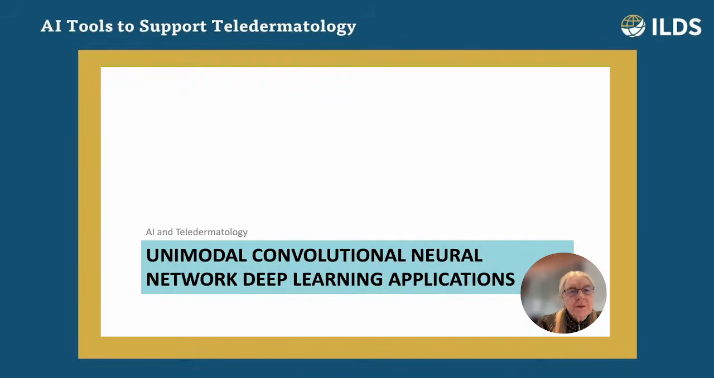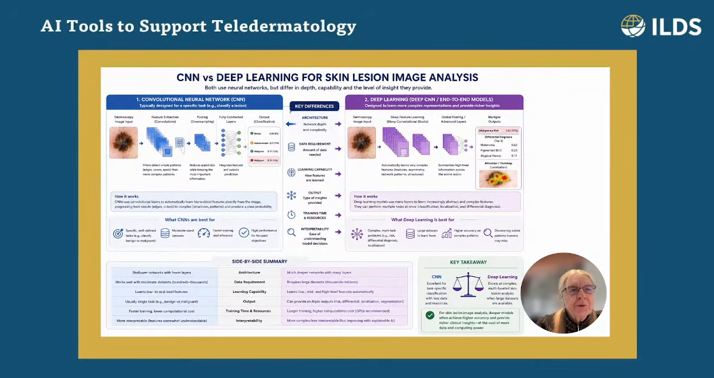Unimodal, convolutional neural networks, and deep learning applications have become established in the last few years. So let's describe what those are. A convolutional neural network, or CNN, is a system producing a binary outcome such as, is this malignant or not? It requires data, but not nearly as much data as the deep learning CNN systems, which are designed to